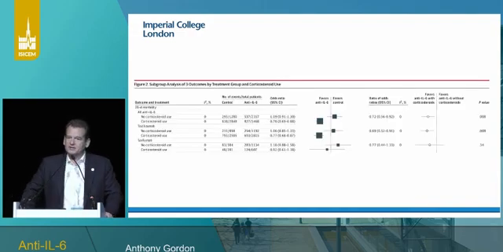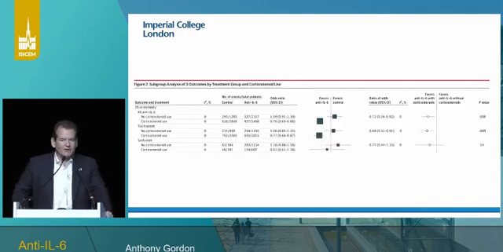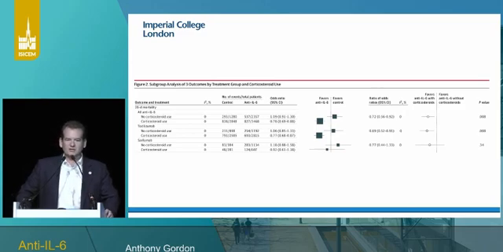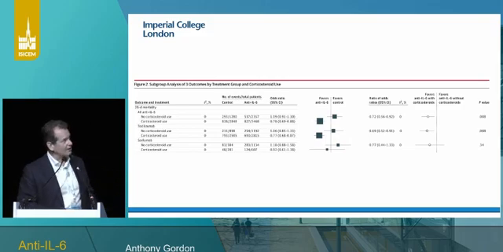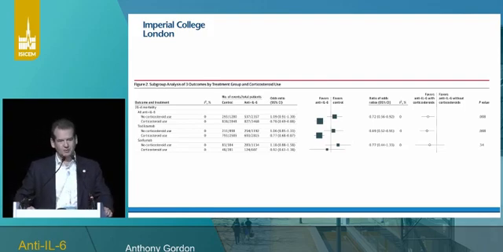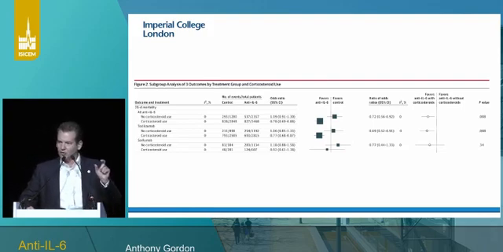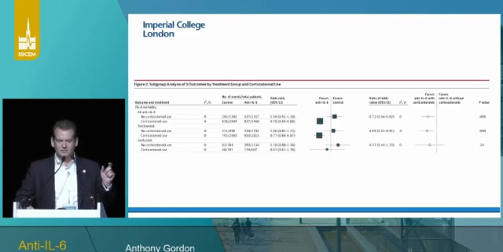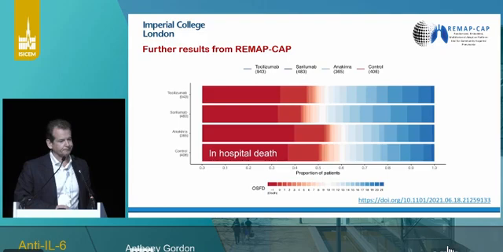What did come up, interestingly, in the meta-analysis was the fact that this interaction seems to be important, that the earlier trials, the ones that didn't include steroids, didn't show a benefit, whereas the trials where patients were receiving steroids is where the benefit is. And you see a very similar effect for tocilizumab and sarilumab. The steroid effect seems to be apparent. It's the combination of treatments where the efficacy is seen rather than just using an IL-6 blocker on its own.